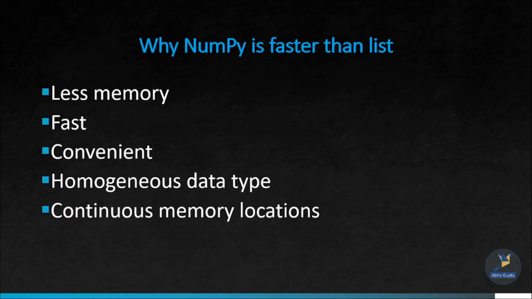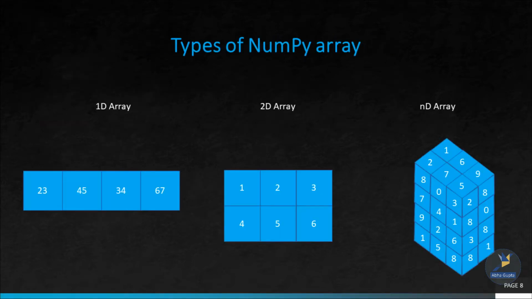The most important object defined in NumPy is the n-dimensional array called ND array. Now, an array is a collection of similar types of items stored in continuous memory locations, which we have discussed in earlier videos. The different types of arrays that can be created in NumPy are the one-dimensional array, the two-dimensional array, and the multi-dimensional array. Now let us discuss how we can create NumPy arrays in Python.